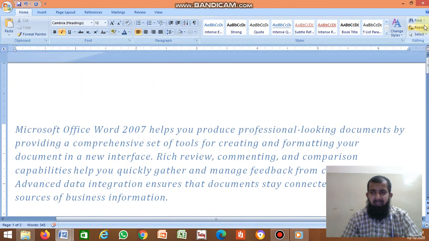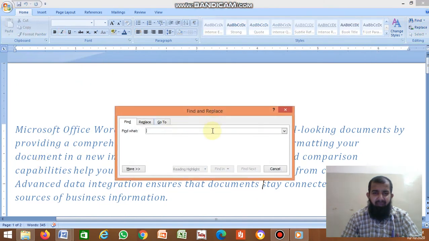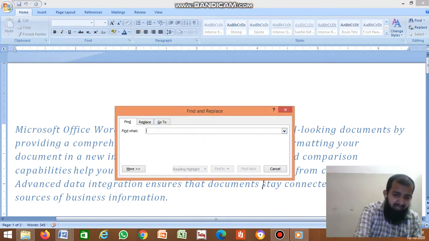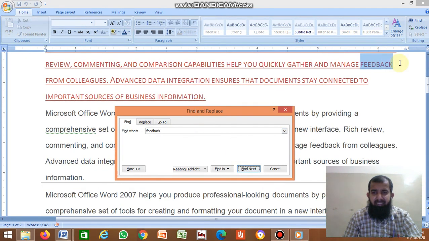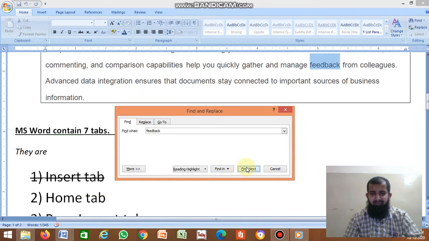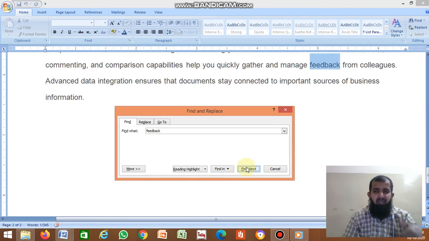Just click find, type feedback in the find box, then click find next. It highlights the text here. Click find next again and it displays where it is. Like this, you can search the word feedback. It displays in all the places.